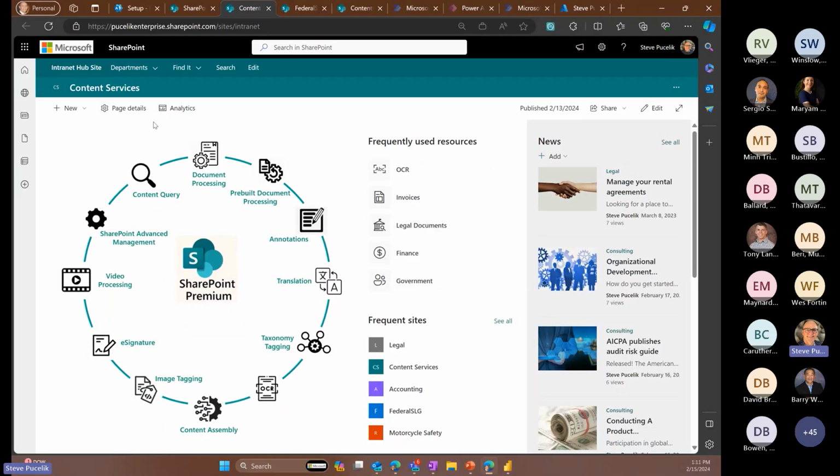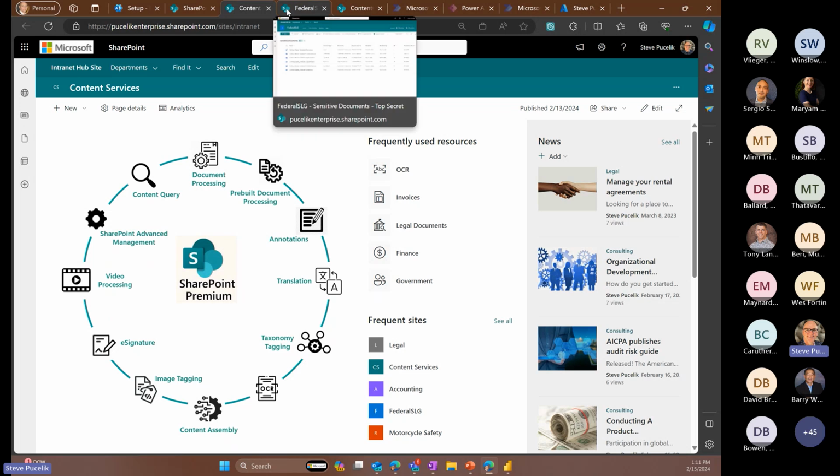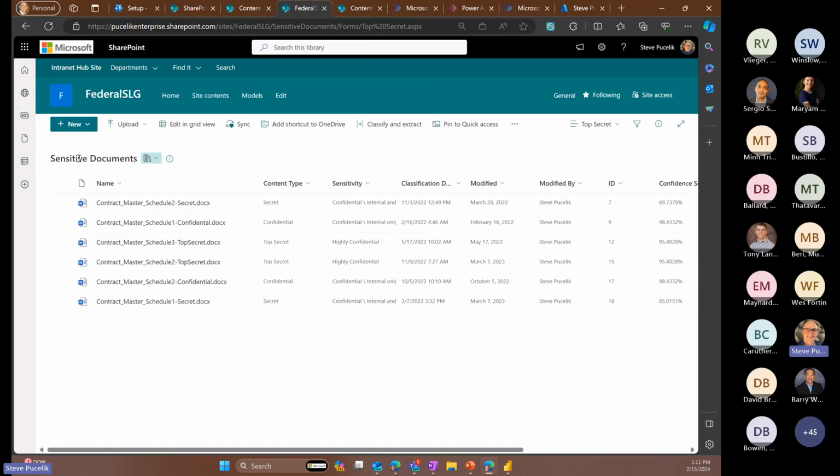All right. So once we are in a document library in SharePoint, so this is my SharePoint environment that we're going to refer to throughout the call. But if I go to a document library that has sensitive content in it, and this may have content that I'm going to determine is highly confidential, it's kind of just internal only confidential, or it's sensitive in nature. So I've defined what those sensitivity labels are in Purview. And when I add the document to the library, this is where the models will look at the content of the